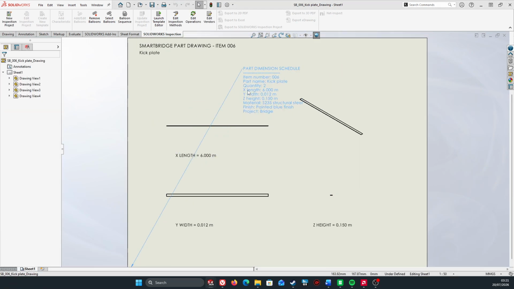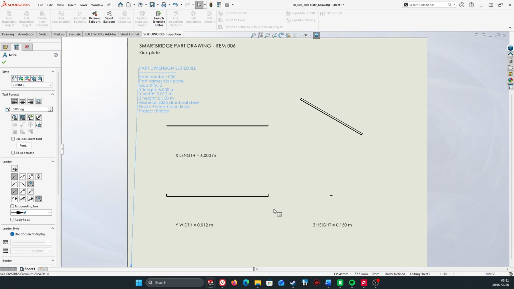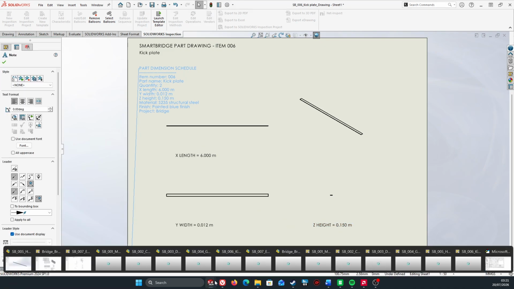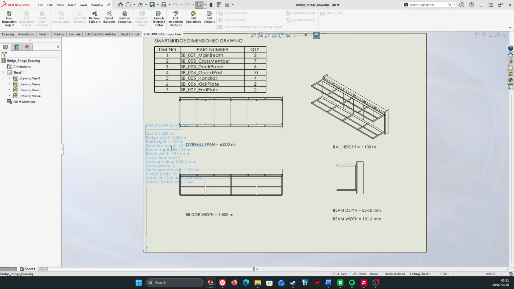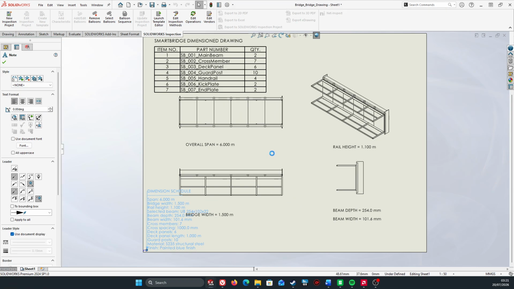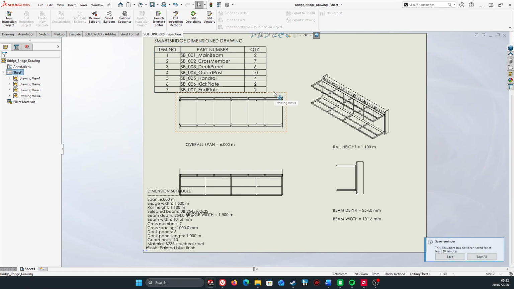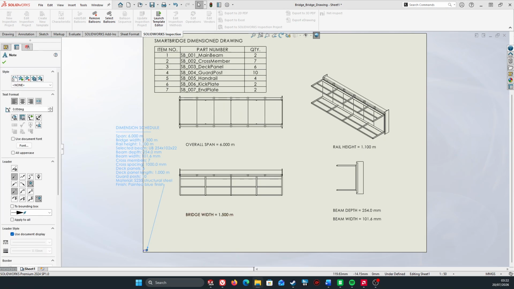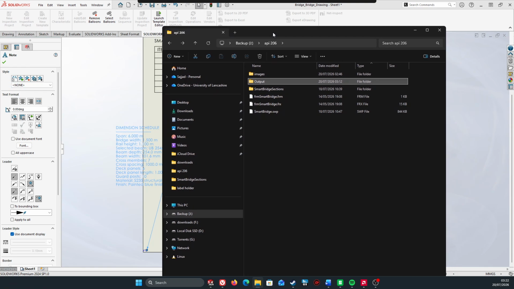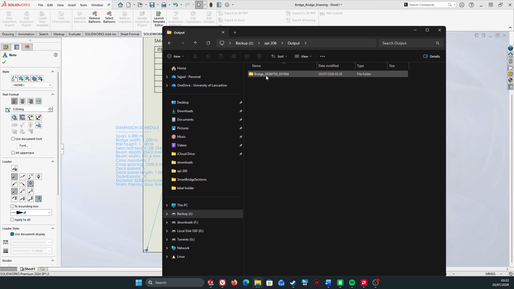They are simple rectangular parts, and it will give out the length in meters. And even here is the DWG drawing for the full part, just over here. And it will say the dimension schedule for it, and the bill of materials that was actually needed to construct this bridge, including the depth, width, and height and span. So if we go to this folder over here, this output folder that we set up gives us